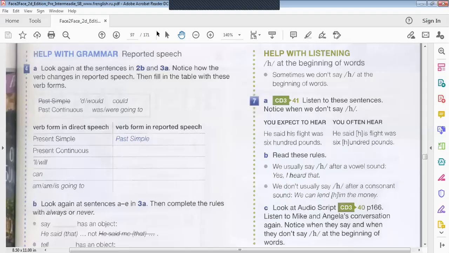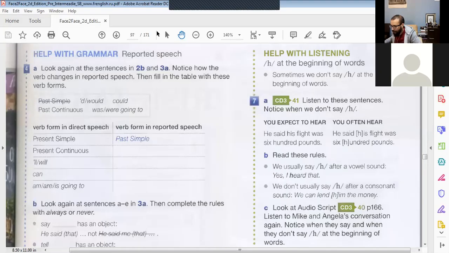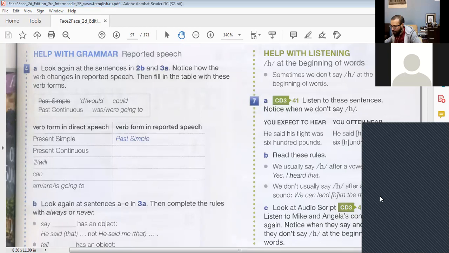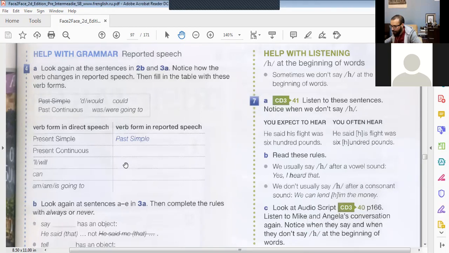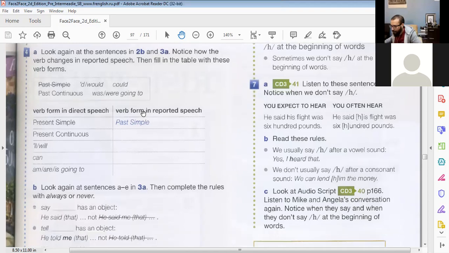Hello, can you hear me now? Yes. Okay, so I think it disconnected. Anyways, let's see. Is my voice clear now? Can you hear me clearly? Okay. All right, so it's working.